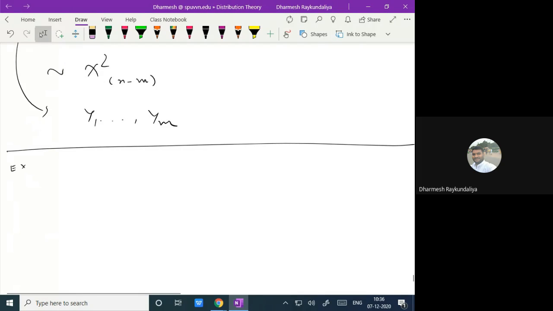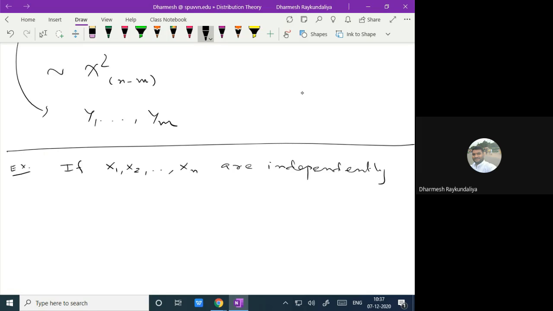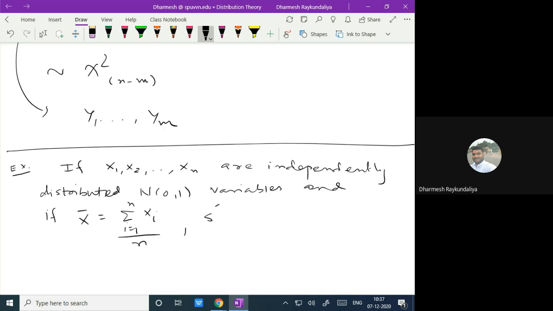Now let us understand with one example. If x1, x2, ..., xn are independently distributed normal 0, 1 variables, and if x bar is equal to summation i running from 1 to n of xi upon n, which is nothing but the simple mean, and s square is equal to 1 upon n summation of xi minus x bar whole square, i running from 1 to n, which is the simple variance,